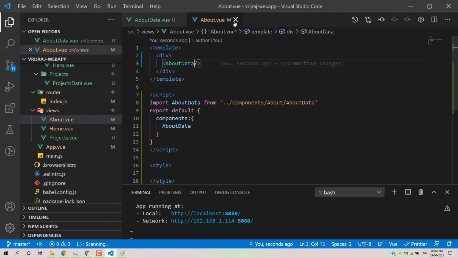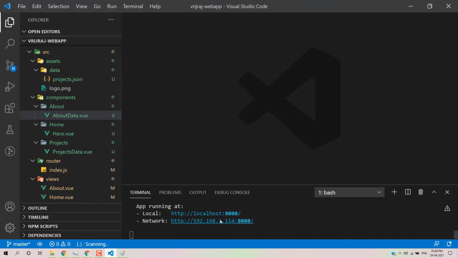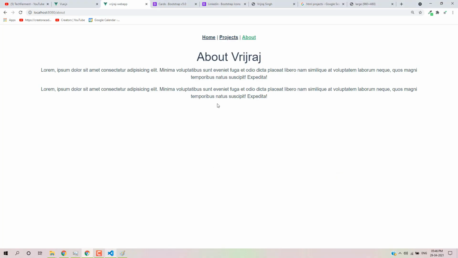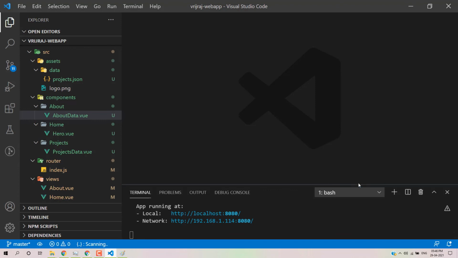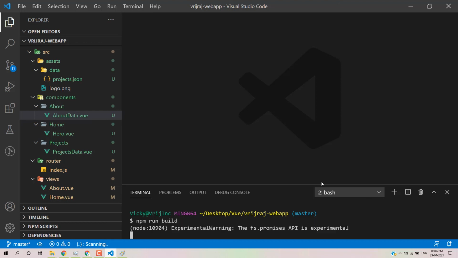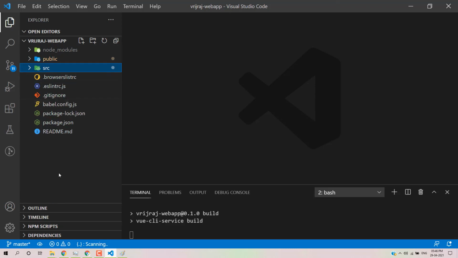Now I want to build the application. Right now this npm run command is what you use for running your web application for development purposes. If you want to build your application, you need to type a different command. I'll open the CLI and type npm run build. It will generate the static files for your project, in a directory where you can get your final HTML, CSS and JavaScript code. You have to wait a few seconds.